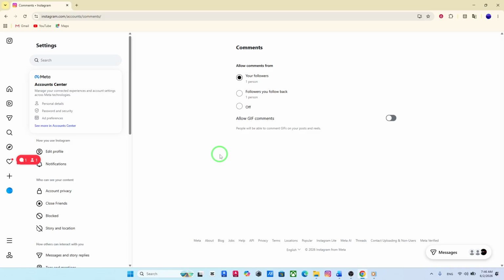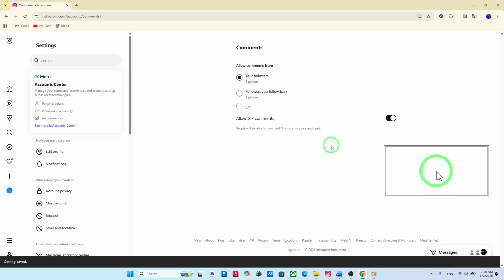Now, inside the settings, find and click on Comments. This section manages everything related to how comments work on your account. Here's the important part. Look for the option that says Allow GIF comments. Once you find it, simply toggle